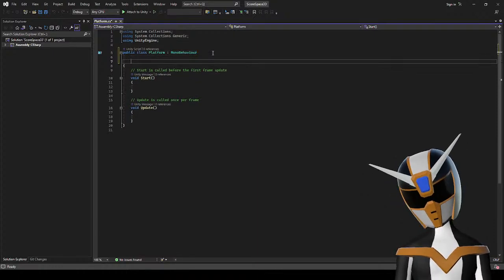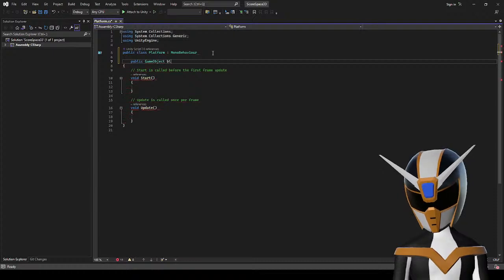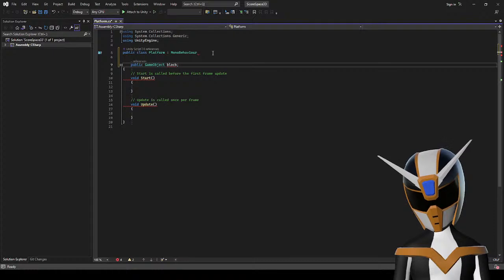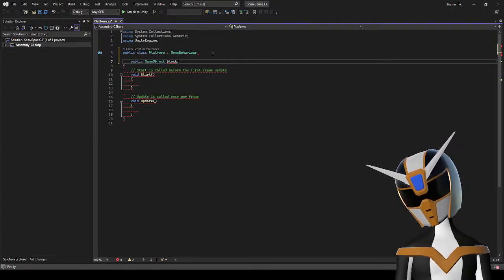Okay, so now I need a reference to the block. Block. Why is this looking all messed up right now? Oh, because I put this in the wrong place.